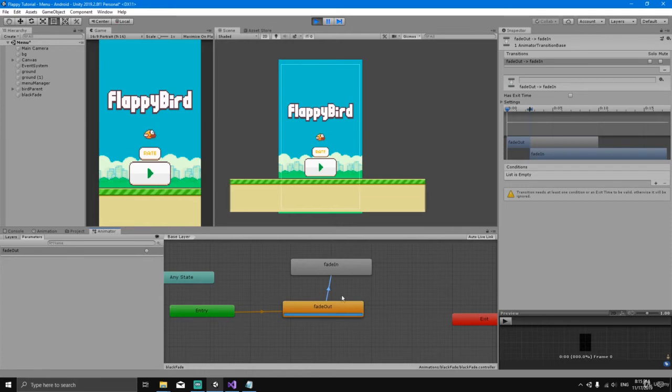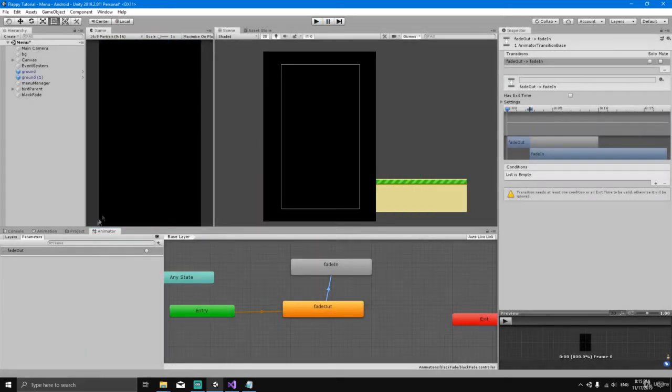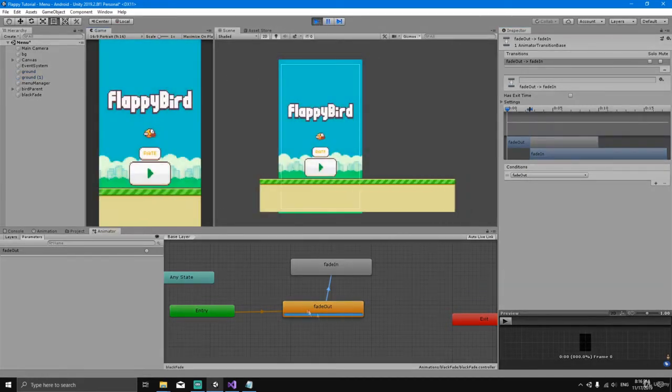what should happen is that the fade in activates, but we haven't set this trigger yet. We have created the trigger, but to actually set this trigger, we have to go here in the inspector where it says conditions and click this plus sign, and now we can select from the list of triggers. We only have one trigger so far, fade out. So now if we hit play, you can see that fade out activates, and if we hit the trigger, now